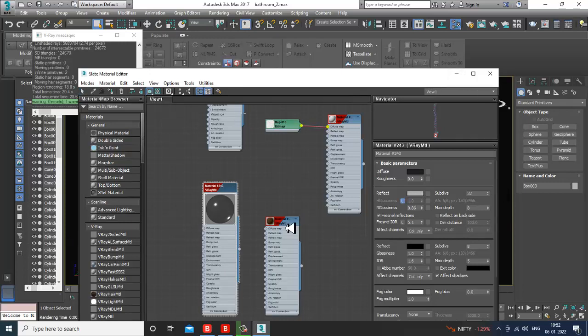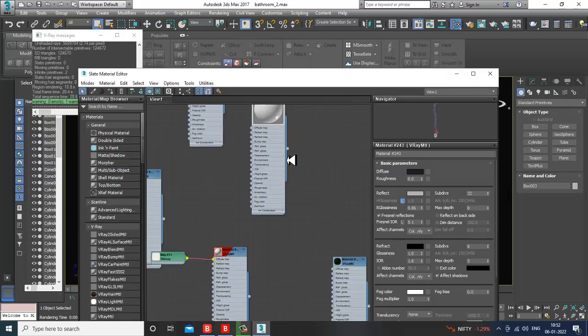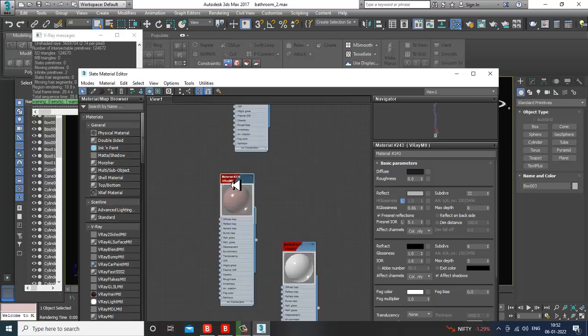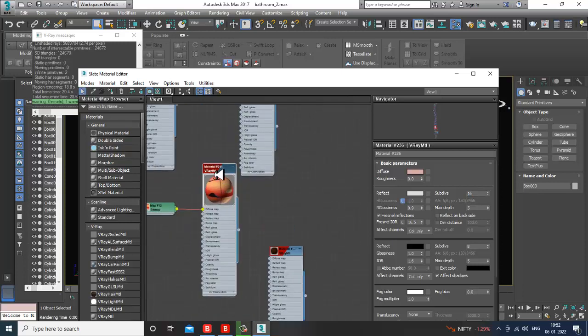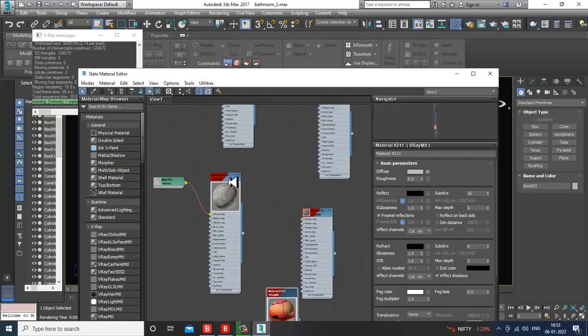So I have already increased the subdivisions. If required, we can increase the subdivisions of the materials, not all, but a few of the materials.